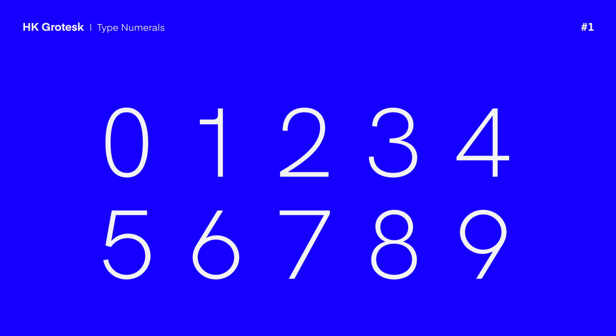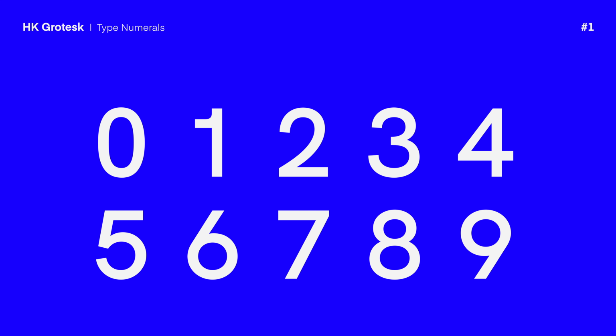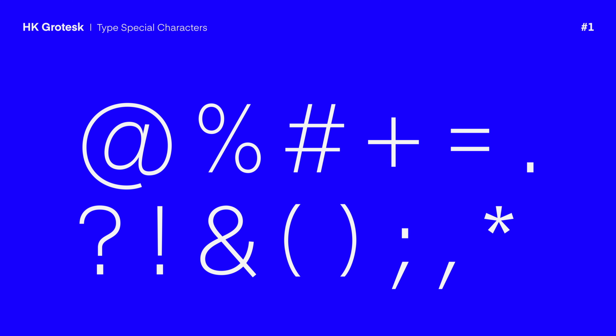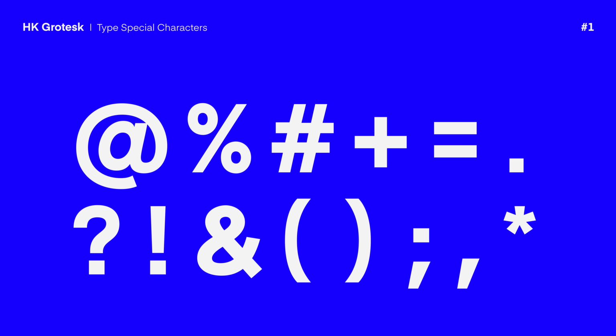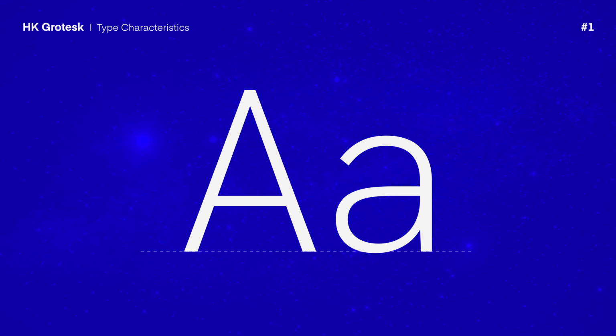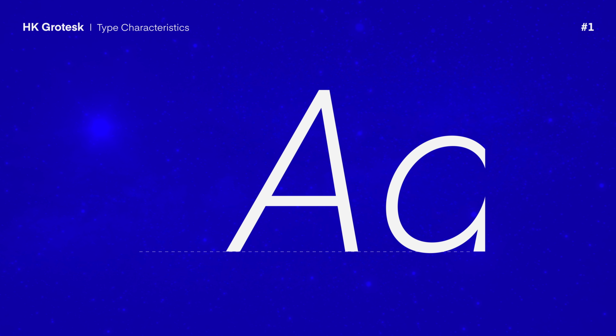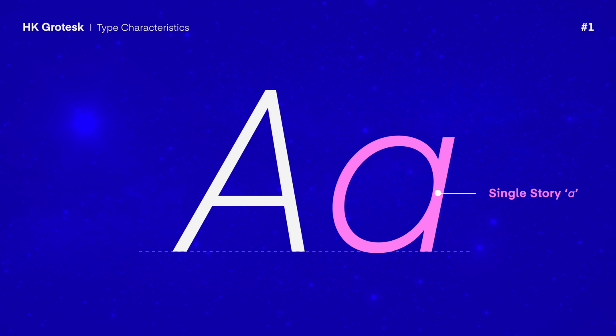As simple as this typeface first appears, it does have some characteristics that make it distinguished from other types. With its range of weights and special characters, this typeface could add a lot of dynamic to your design. Taking a closer look at the typeface characteristics, for the letter A, in lowercase, we can see the typeface utilizes a double story A, giving it a more classic feel. However, when used in italic, we have the single story A.